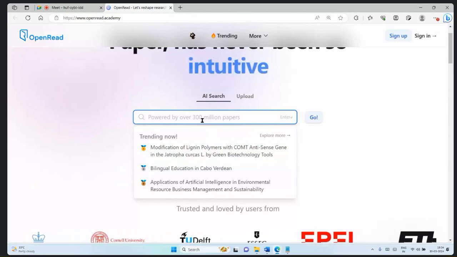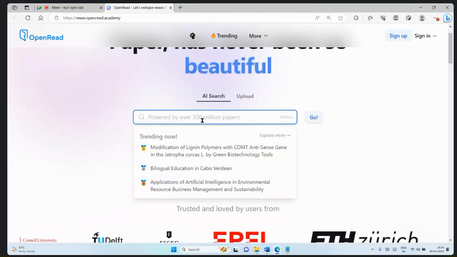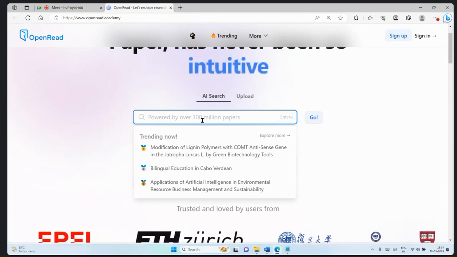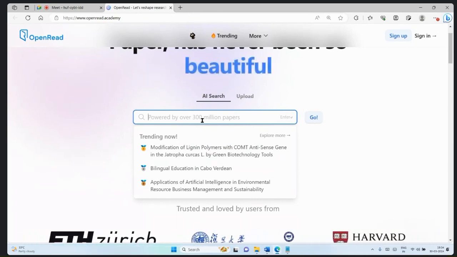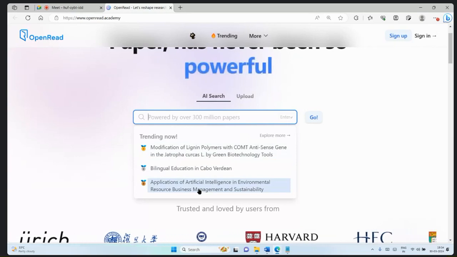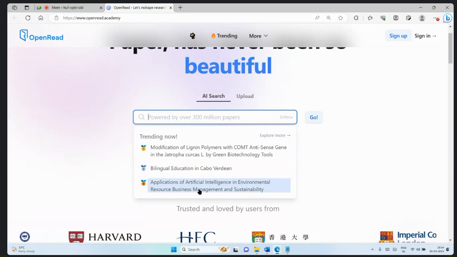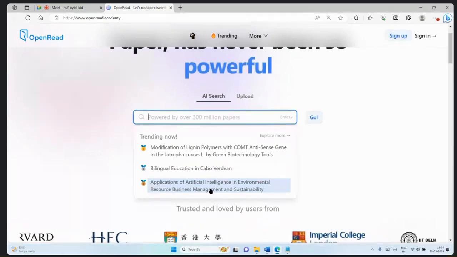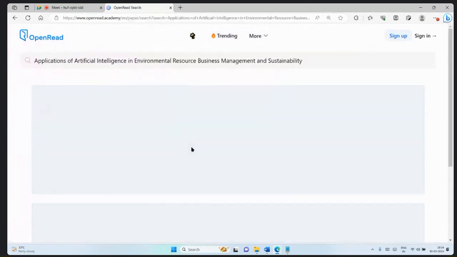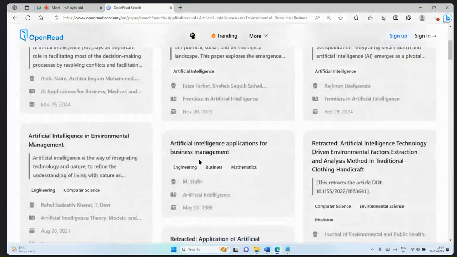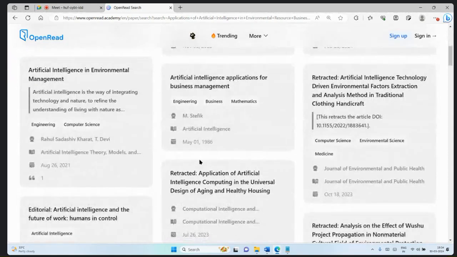But as well looking into our particular area of research. Let's take an area like the application of artificial intelligence in environmental resources, business management and sustainability. Let's take this topic because many are from a management background. When I click on that, without signing in, I'm able to get some information about a few publications that are there